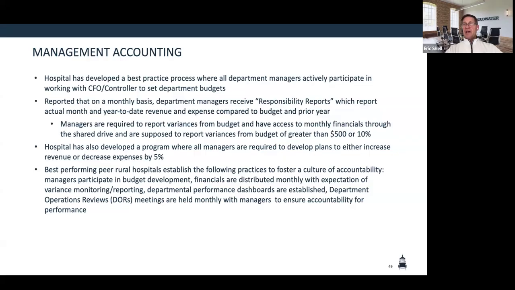So a manager is going to have to look at their budget, and if their actual performance for the month or the quarter is off of budget by, say, 10%, they have to provide variance analysis. They have to explain what's going on in a plan of correction. And in this way, managers own their budget. They just don't delete that email that comes across their desk.